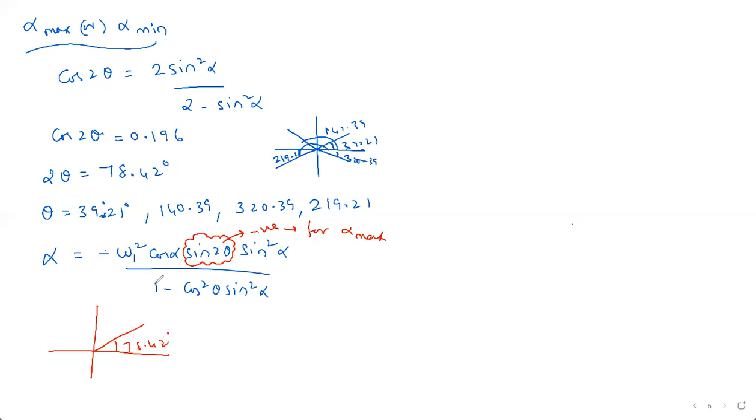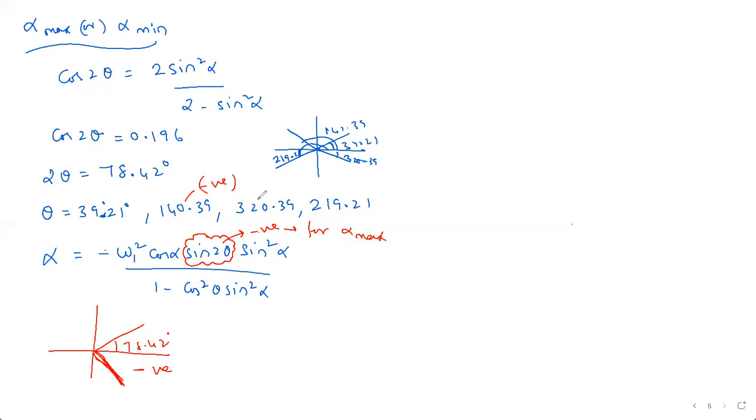Okay, not, then where is 140? 140 into 2 will give you about 280, right? 280 plus something. So 280 is somewhere in this quadrant. In this quadrant is sine negative? Yes. In this quadrant sine is negative, all silver tea cups. Yes, sine is negative. So here I can see that sine is negative for 140 degrees. Similarly, you can check for remaining values also.